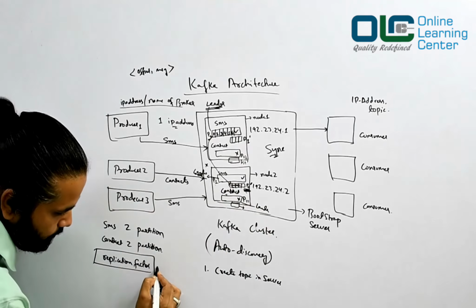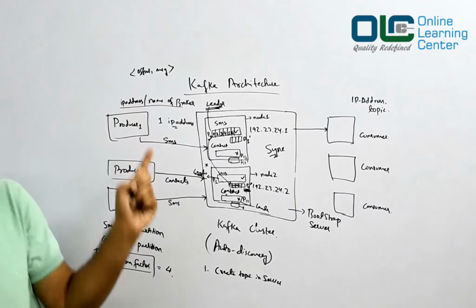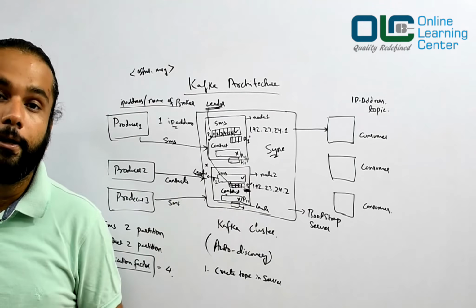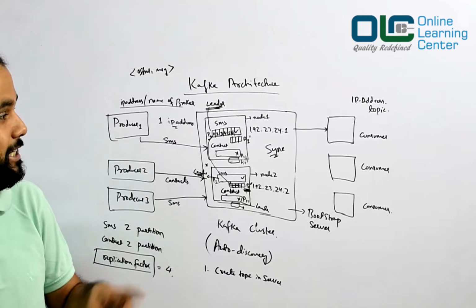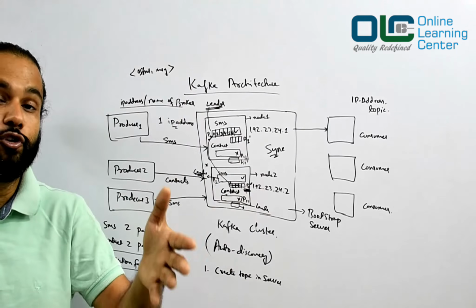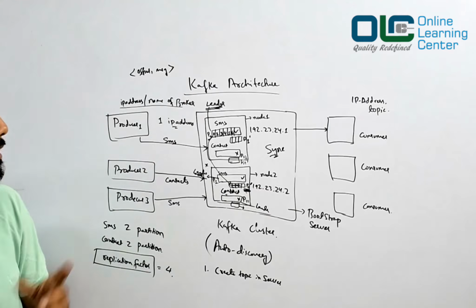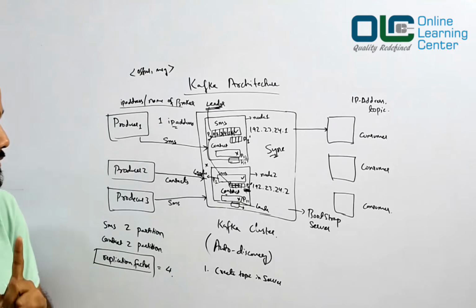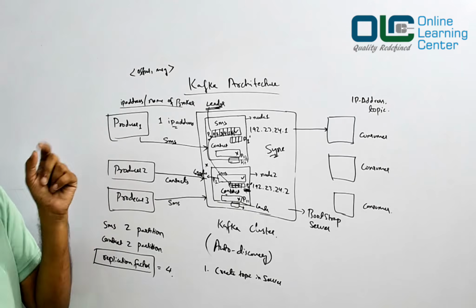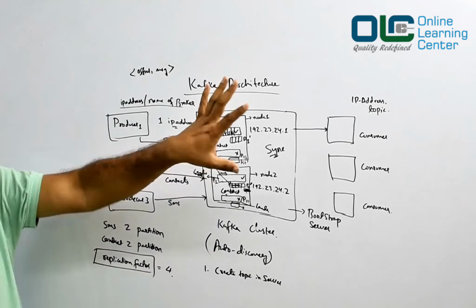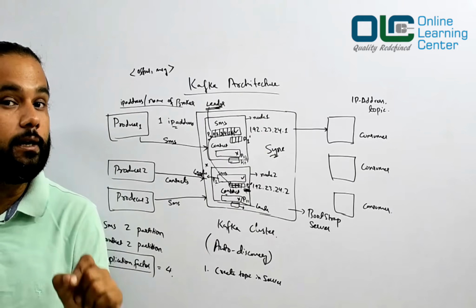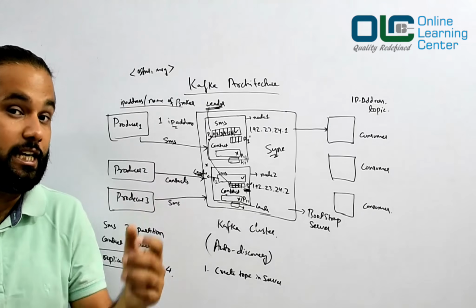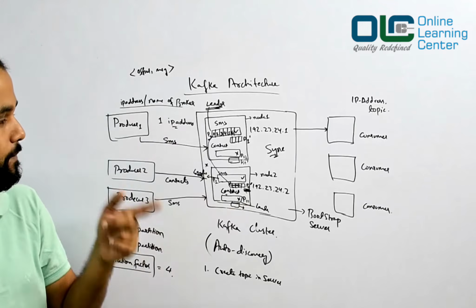Now if I have a replication factor equal to 4, for example, and you are using a large cluster, say a cluster of 100 brokers, each partition would be replicated in 4 different places, and it is the leader who actually receives the request, not the followers. This is very important to understand. Whenever the producer writes data into Kafka, the data is always written to the leader and not to the follower. The follower is always supposed to be syncing the data with the leader. Very, very important point.